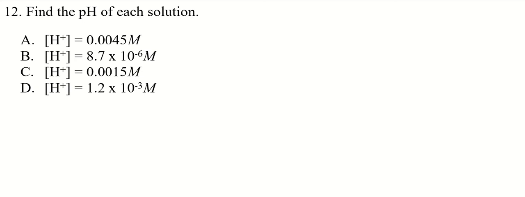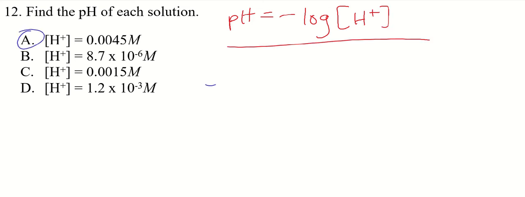More pH problems. Find the pH given the hydrogen ion concentration. pH is equal to the negative log of the hydrogen ion or the hydronium ion concentration. So let's just plug these numbers in. All right, A will do negative log of